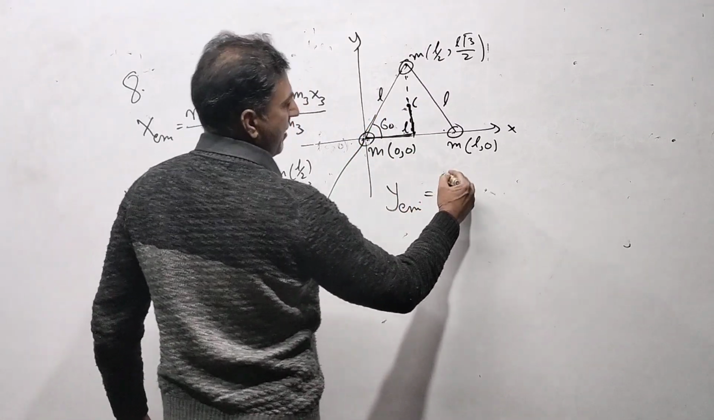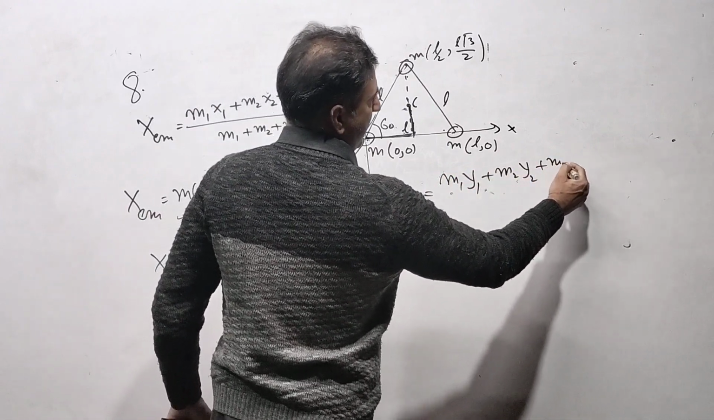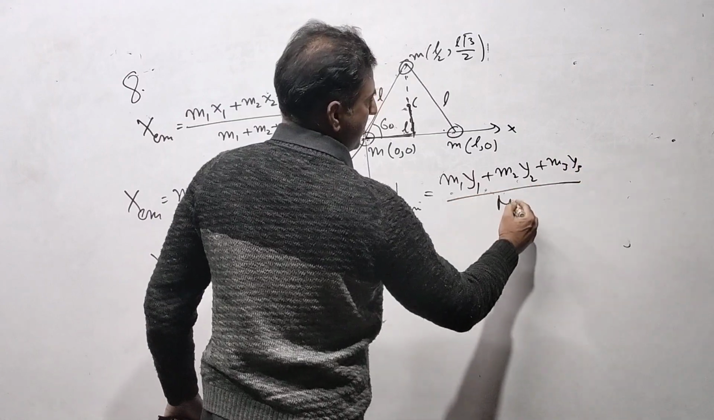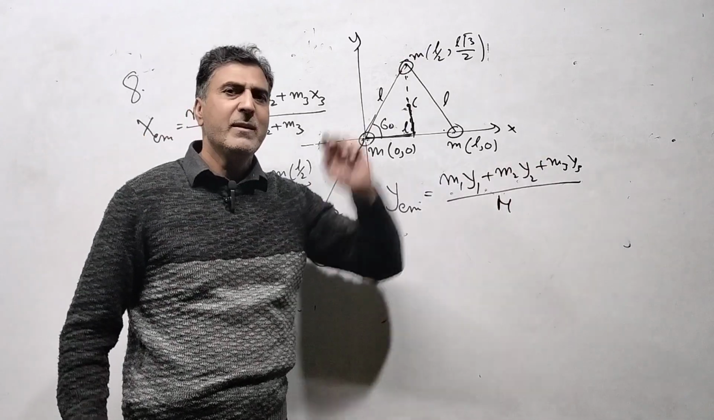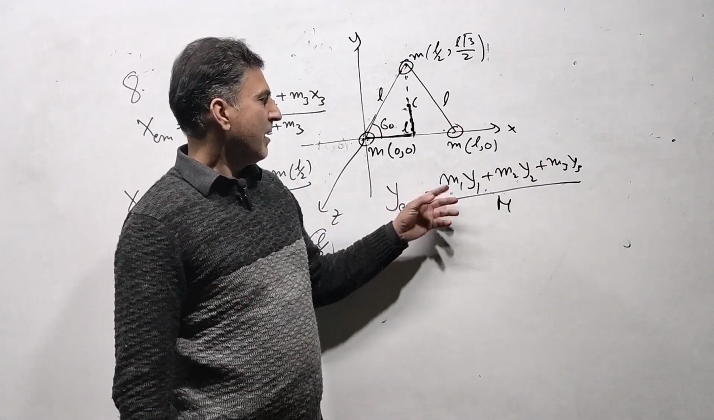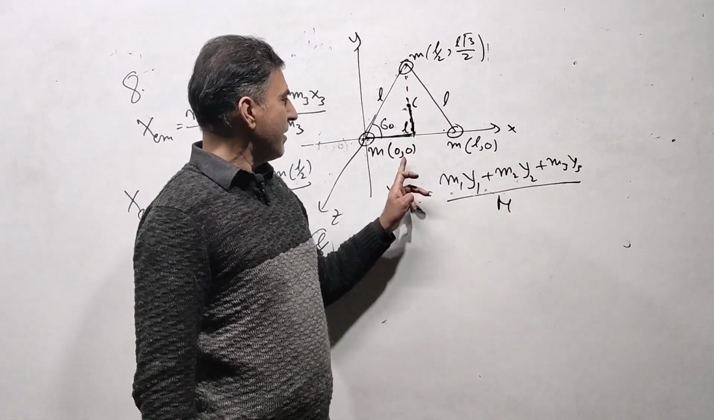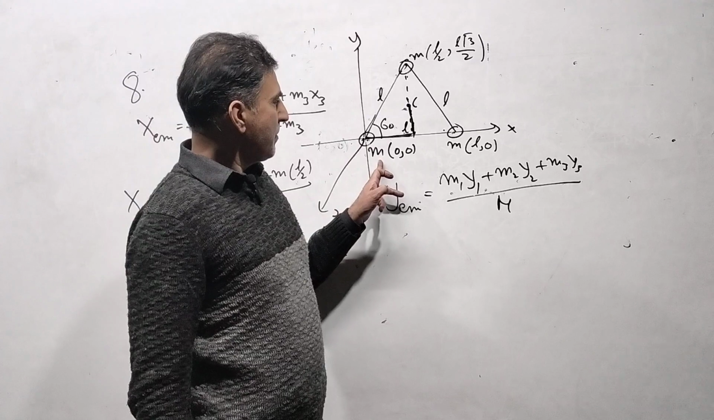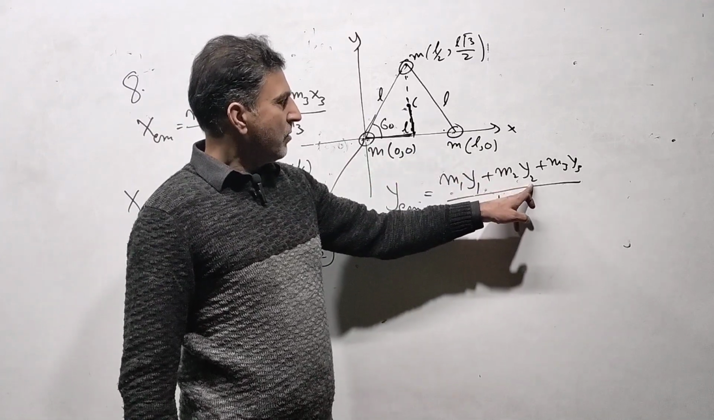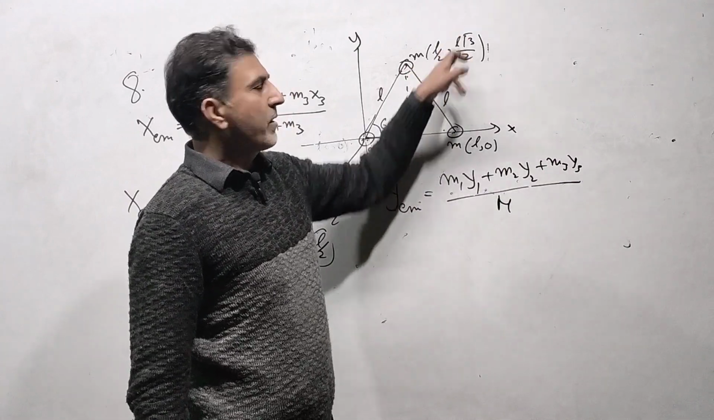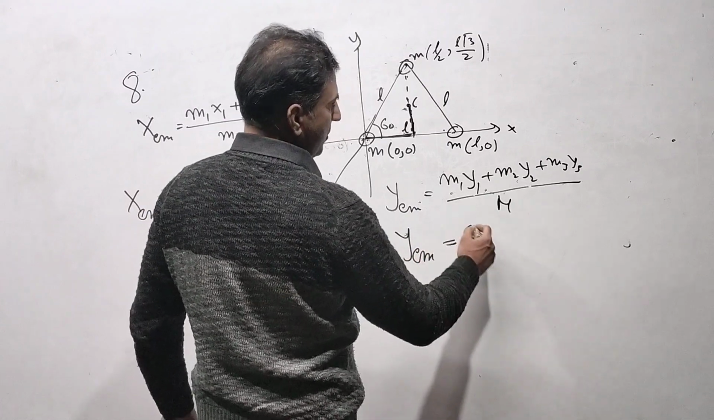Yes, m1 y1 plus m2 y2 plus m3 y3 divided by total mass. Now substitute the values for m1, m2 and m3. What you are getting? If m1 is substituted, it is m, m2 is m, m3 is m. But now y1 is this 0. For the first particle the y coordinate is 0. For the second particle the y coordinate is again 0. Only the third particle has some y coordinate. So why not write it like this? YCM is equal to,